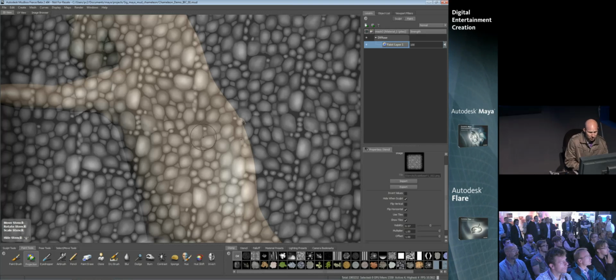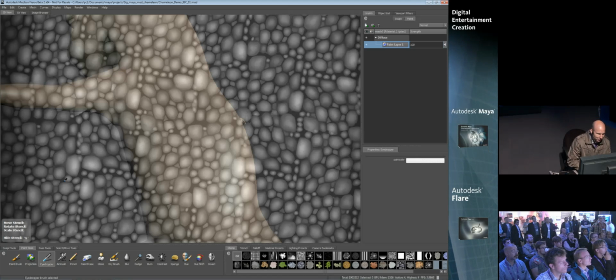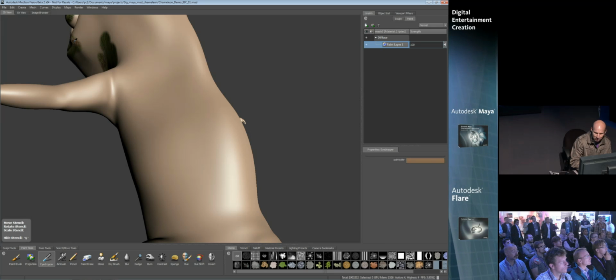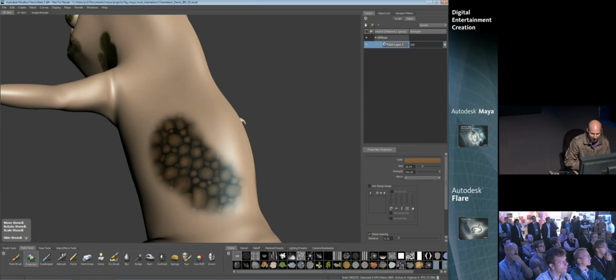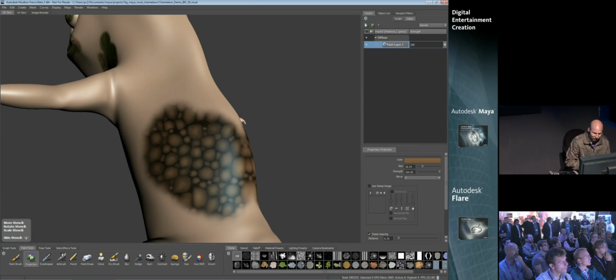So in this example, what we want to do is paint scales across here. Now obviously I don't want to paint black and white scales on a lizard, so we'll jump into the eyedropper tool, and I'm going to sample some of that green that we were painting earlier. So we'll grab a good green value. That one looks pretty good, and I can now use that as my color to stamp across the scales